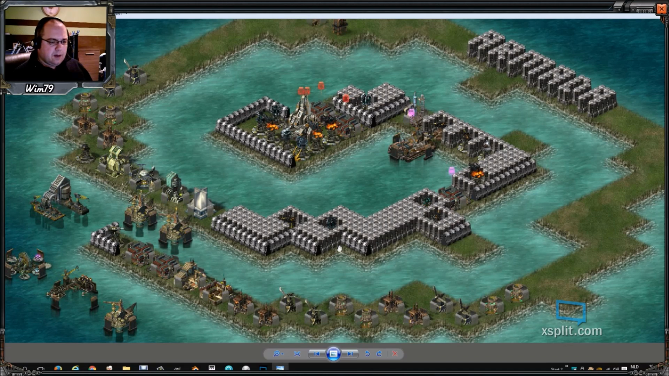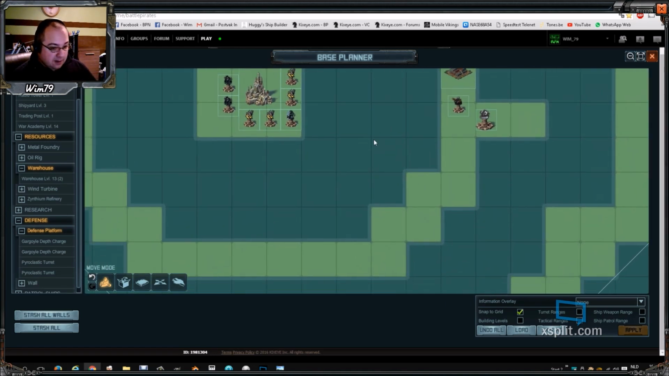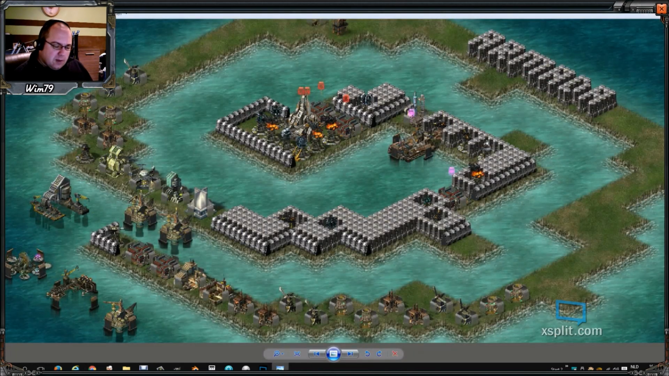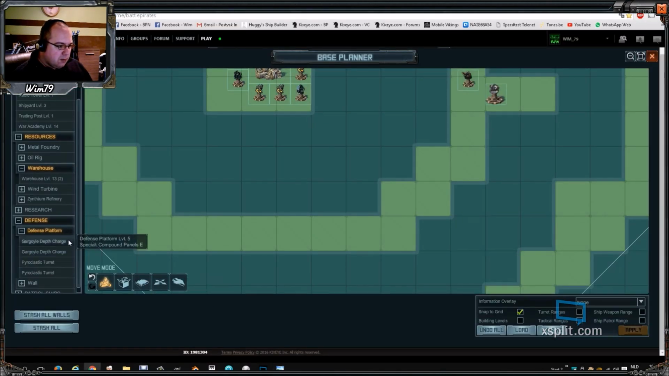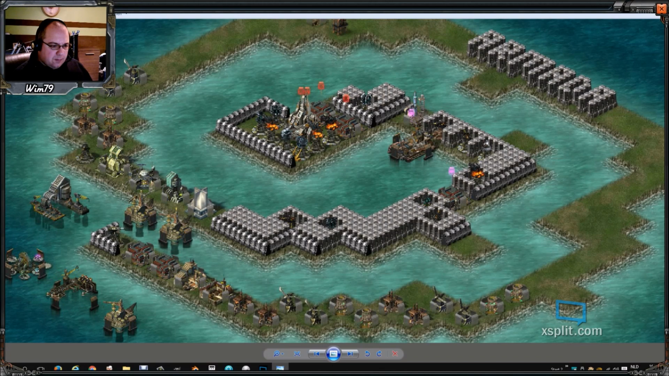Then 1, 2, 3, 4 turrets left. Gonna check if that's correct. 1, 2, 3, 4 turrets left. So I'm still doing okay with the design. Now, 1 from the corner. I'm gonna put the gargoyles here. So 1 from the corner. Then